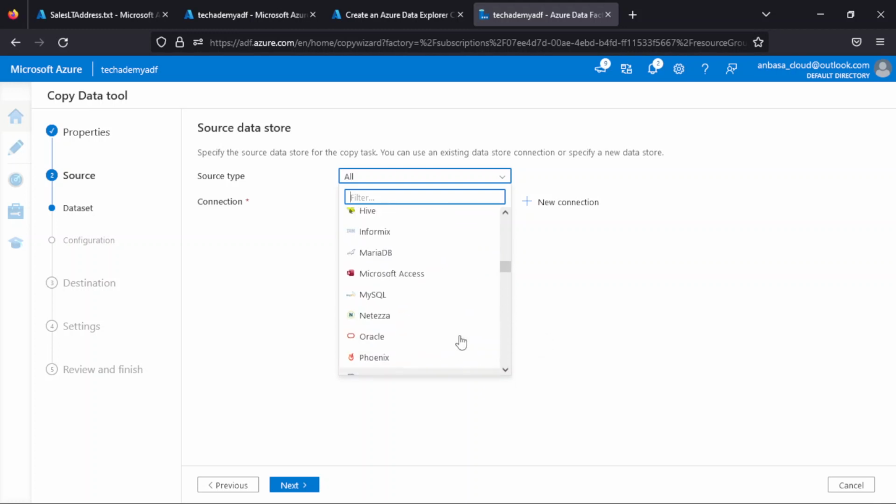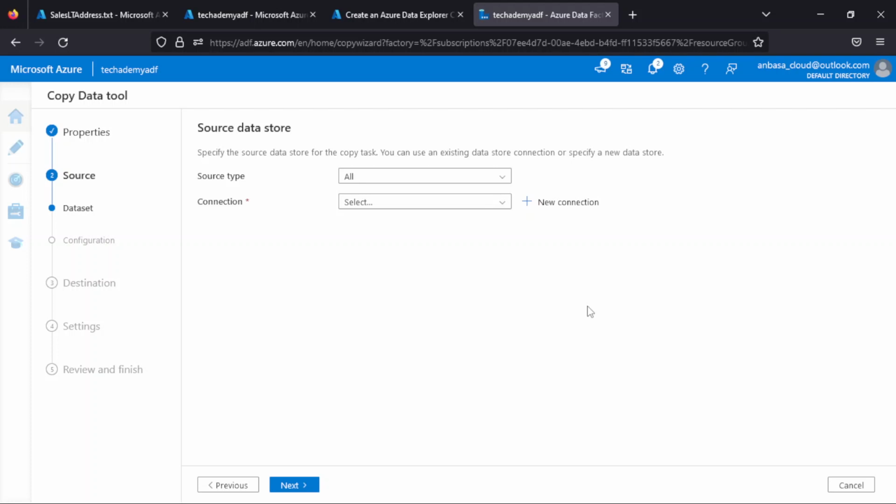All these various kinds of data sources are there through which you can ingest the data and build the end-to-end ETL or ELT pipeline